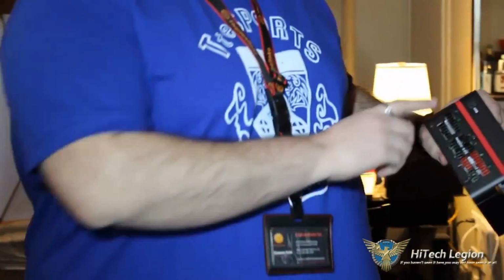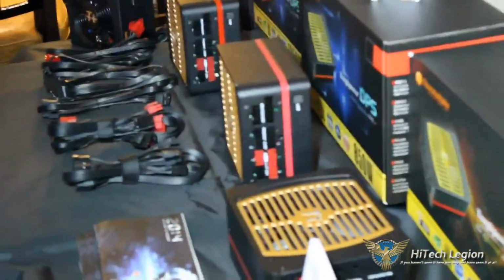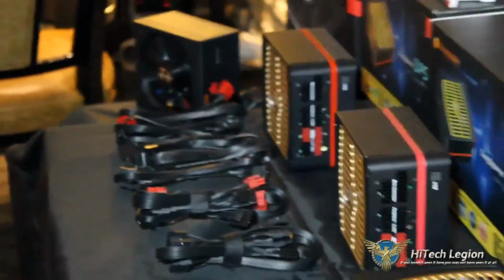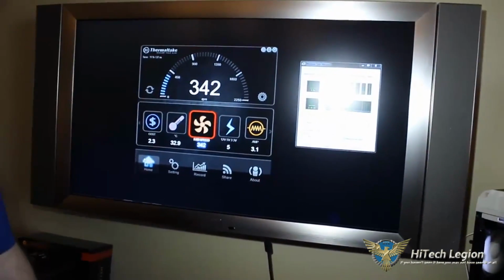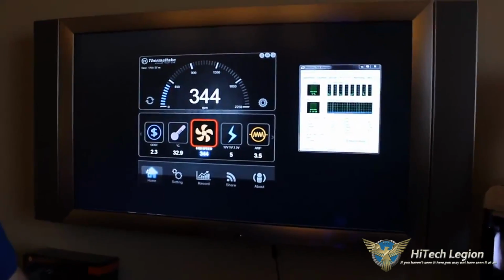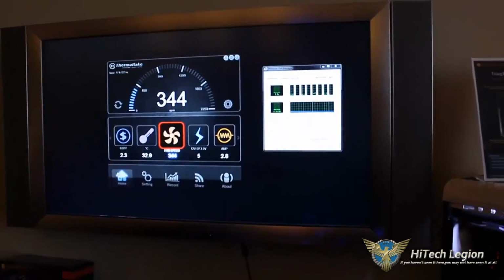And you'll notice also we have a USB connection here. That's to connect to the motherboard, so that you can use the software. And that's where a lot of time was spent for our digital PSU. So right now I'll do a quick overview and kind of show you exactly where the software works, because a lot of people have asked me, and I've said this quite a few times now, why are you guys so late to digital power supply? But in reality, we've had the hardware for a while, but we simply wanted to perfect the software, because